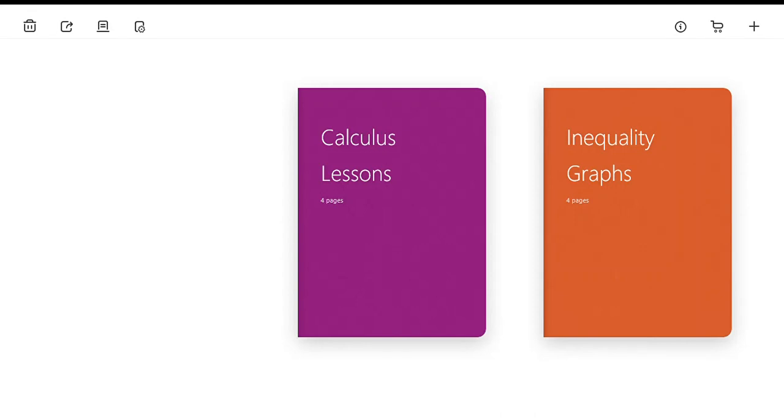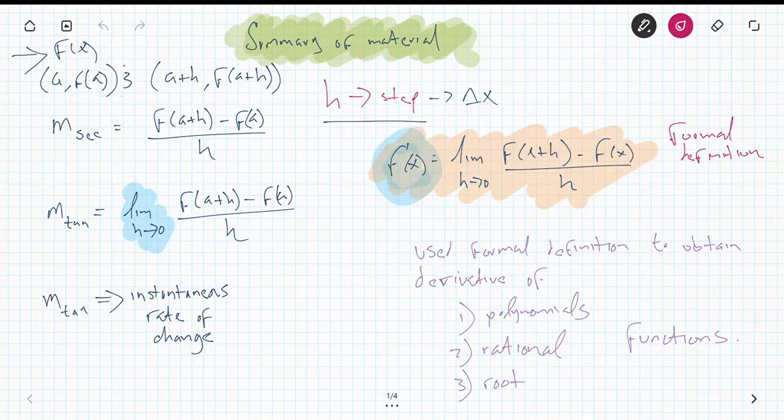Welcome to school, guys. This is going to be another calculus lesson in which we use the formal definition of the derivative for a root function. Before we enter into that new material or new skill, I wanted to go ahead and provide you with a summary of our material. It's sometimes useful to reflect and ponder on what we've done so far before continuing